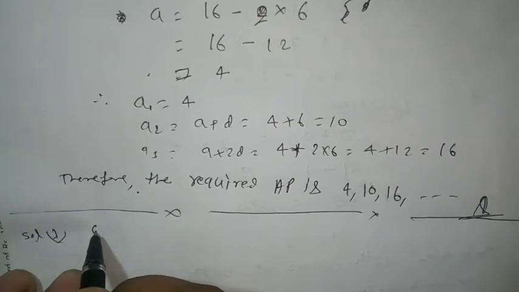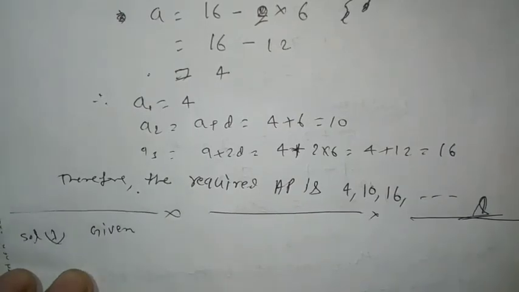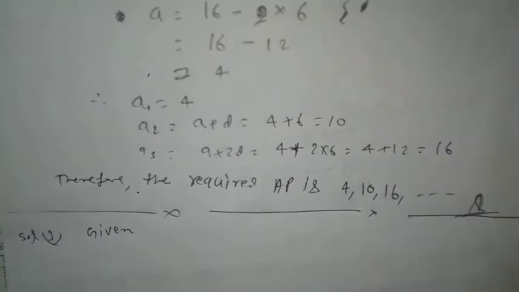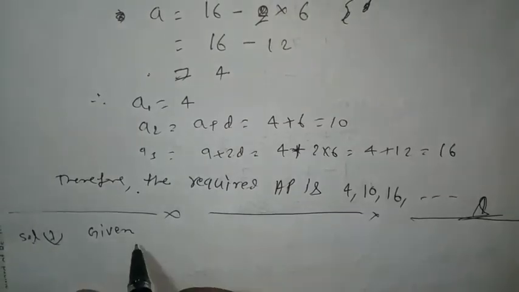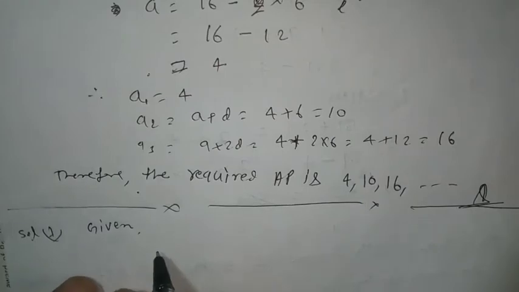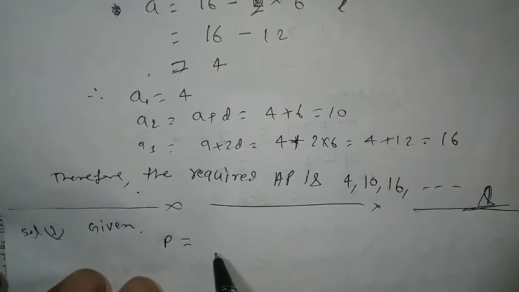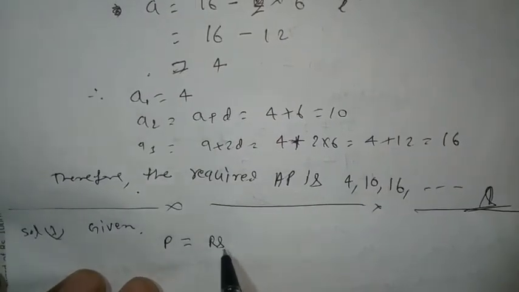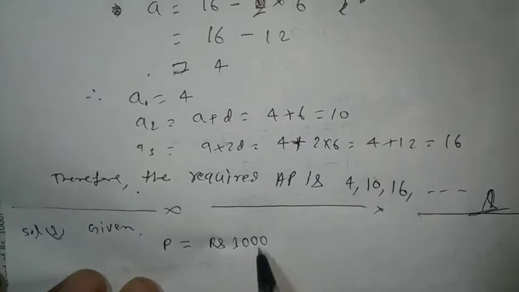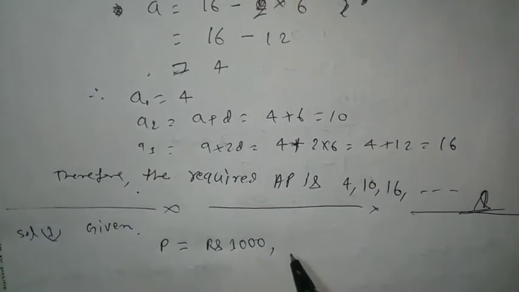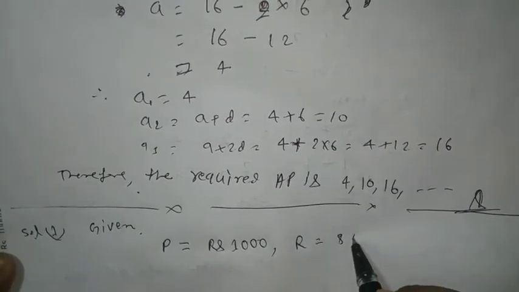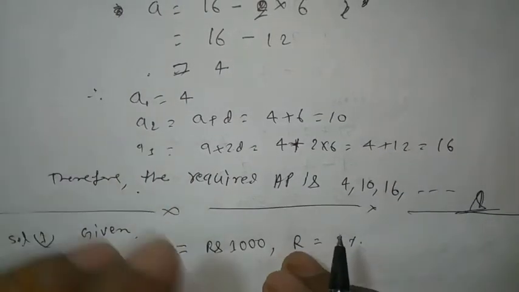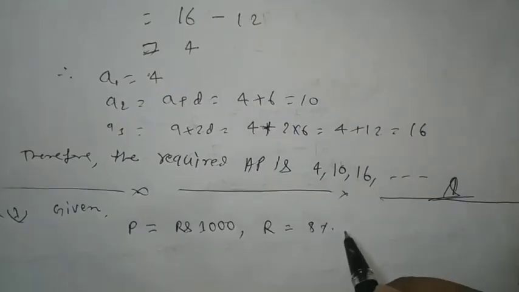Given: P, principal, is rupees 1000, rate is 8% per year,